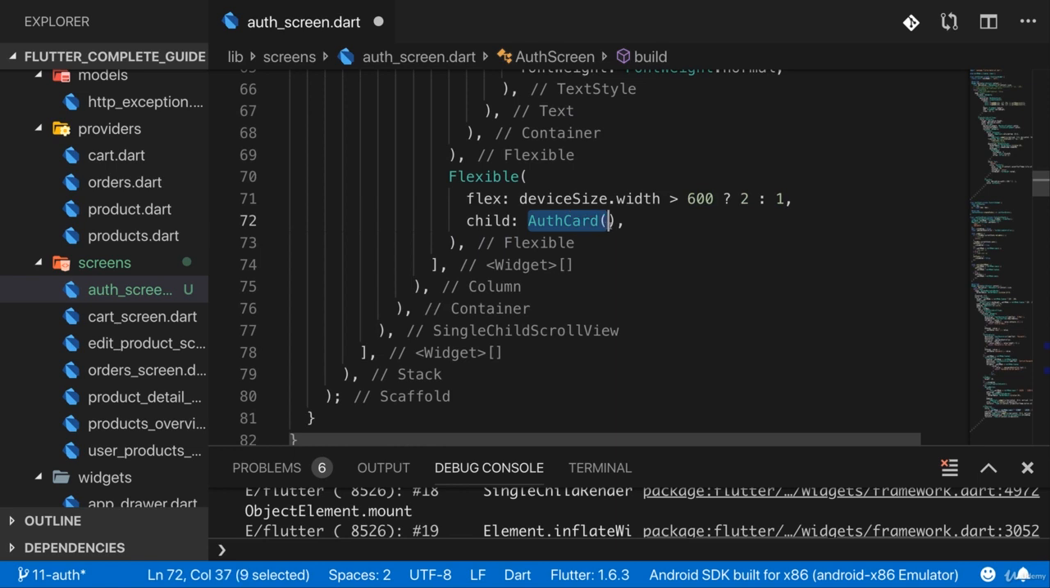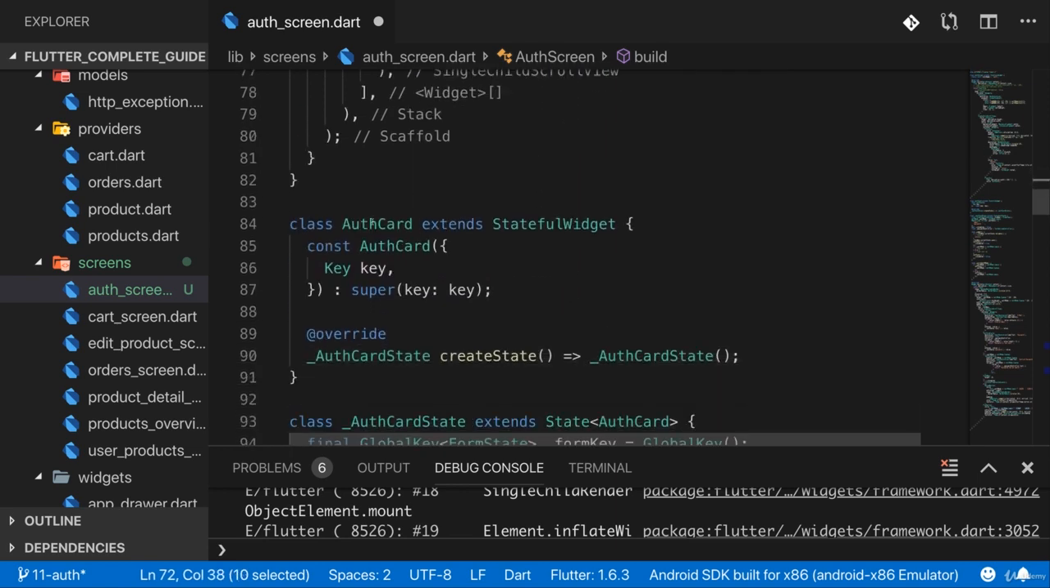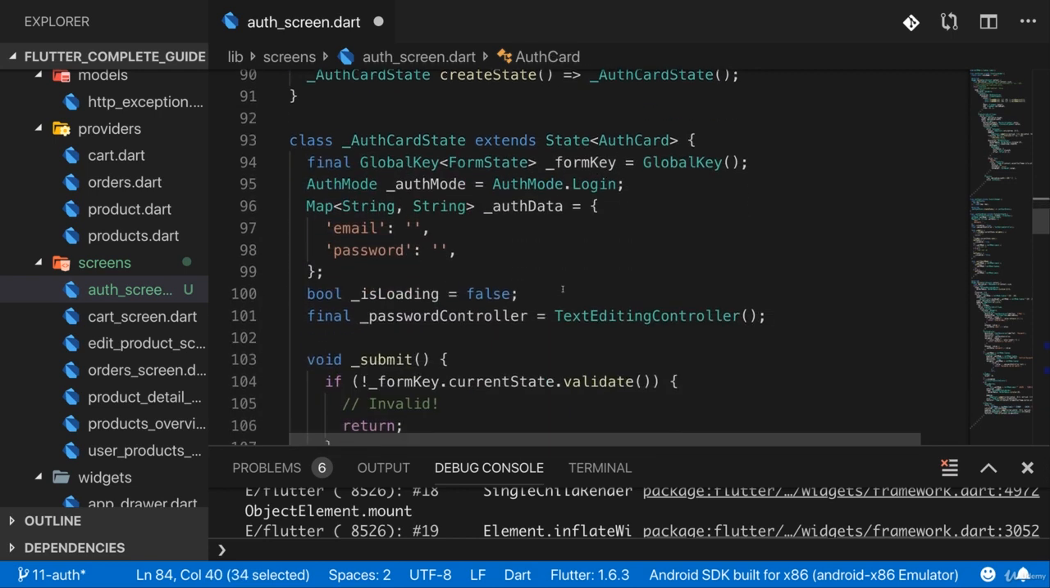Almost. Down there, I'm rendering another widget, the AuthCard widget. The AuthCard widget resides in the same file, and this is a stateful widget. It's a stateful widget which holds the authentication form. Hence here I set up my form key, I also control the auth mode we're currently in, because this widget here also has a button to switch between the two auth modes, switch between sign up and